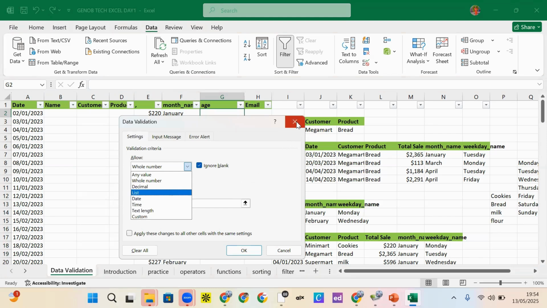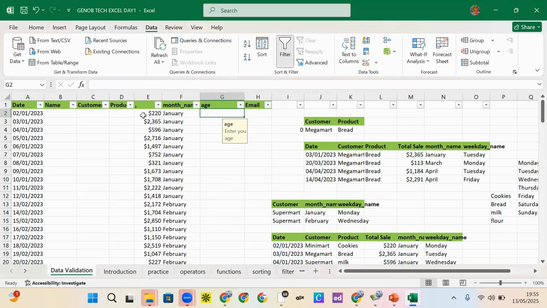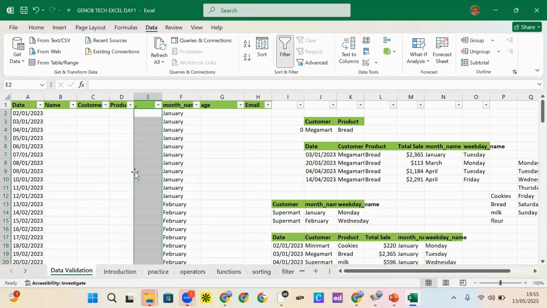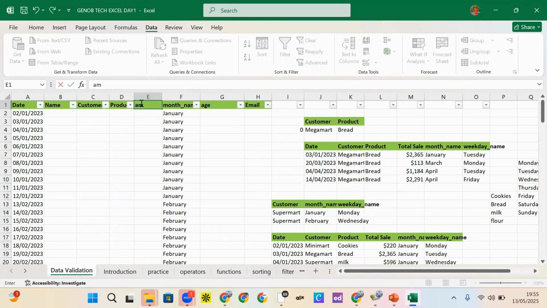You can also choose a particular date if you want. Like this custom one, I can also customize it using a formula, right? Okay, let me create a custom one here. Let's say we have an amount here, I can say the amount should not be less than 200. Or, of course, it's almost the same as what we have here, greater than or less than. So if this is the amount,